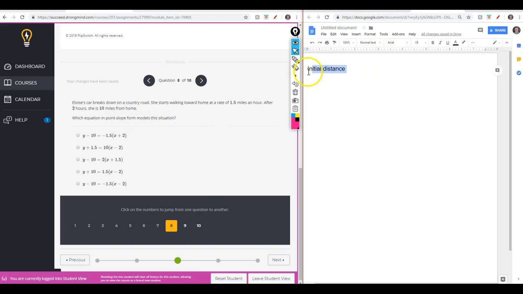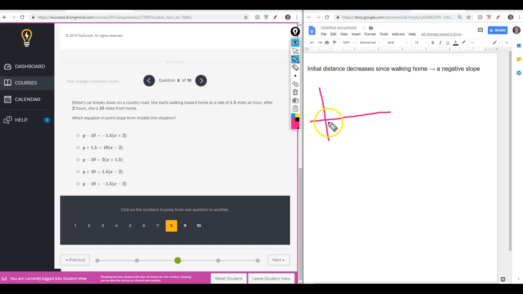Okay, the first thing that I'm going to notice is that she starts walking toward her house, so however far away she is starts decreasing because she's walking towards her home. So the initial distance decreases since she's walking home. The reason I'm noticing that is because that is going to indicate a negative slope. Because if you think about it,